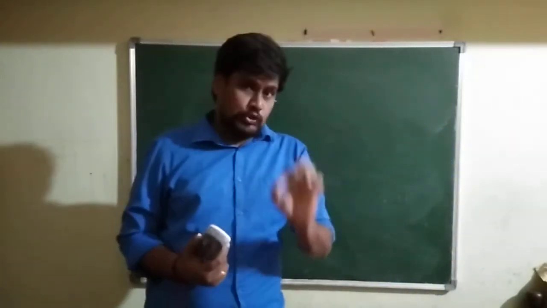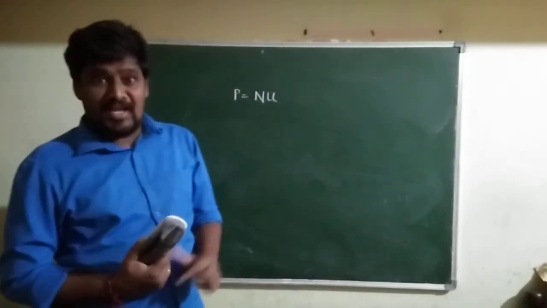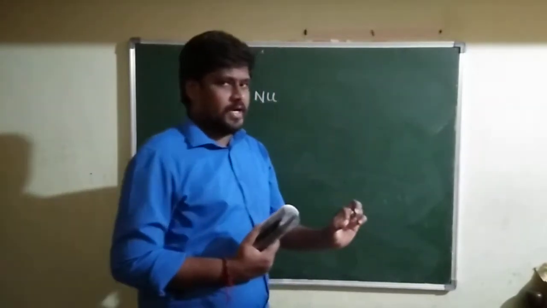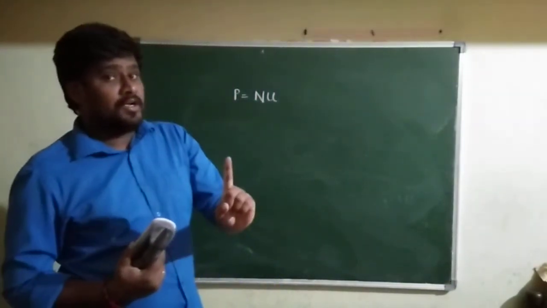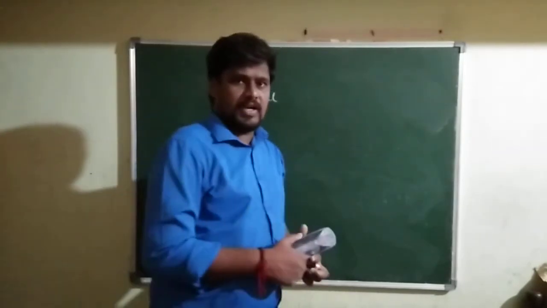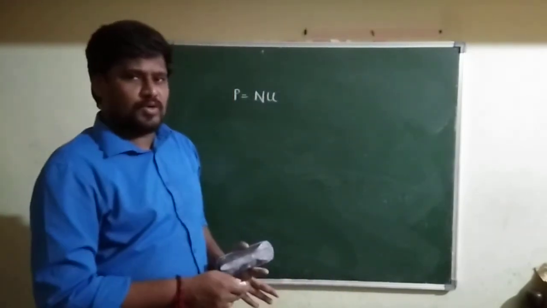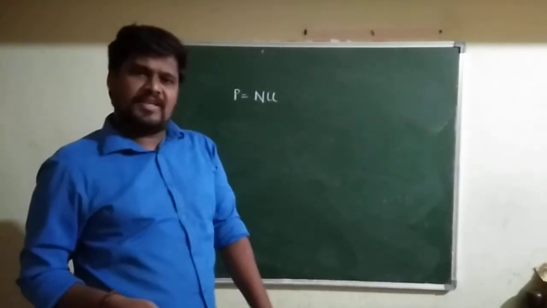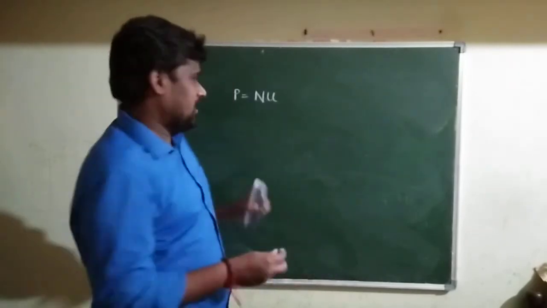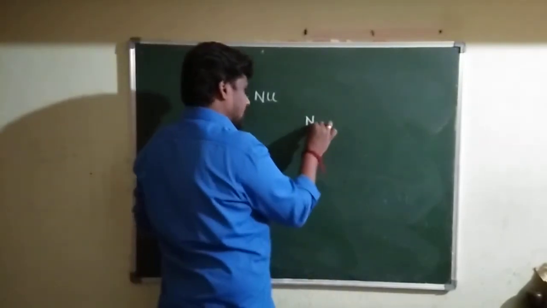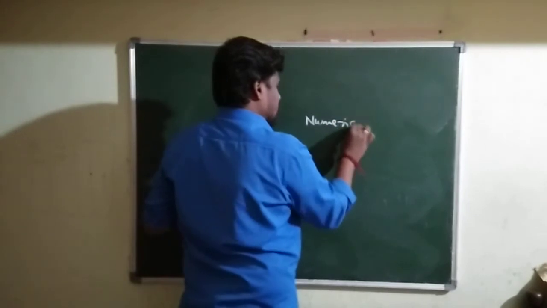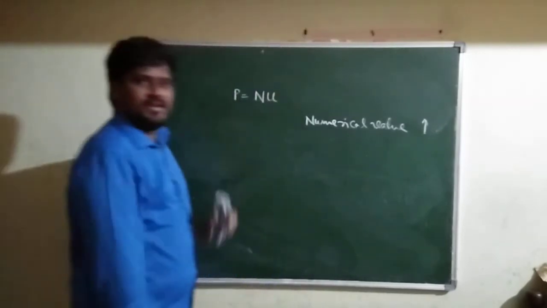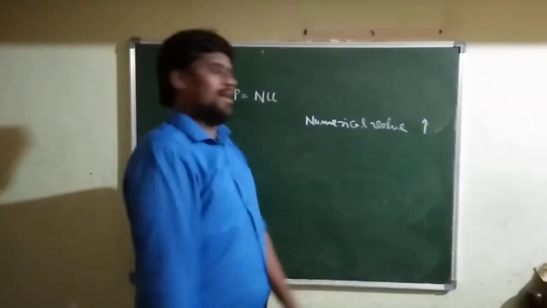What is the meaning of n being inversely proportional to u? The greater the unit chosen for a physical quantity, the lesser the numerical value should be. If you choose a greater unit for a physical quantity, the numerical value should be lesser. If you choose a smaller unit, then the numerical value will be greater. So if the numerical value is greater, then the unit chosen should be smaller.